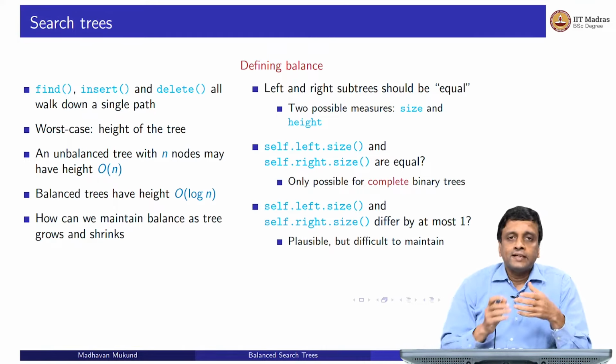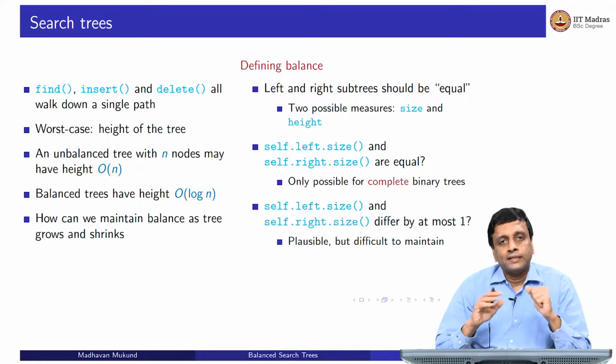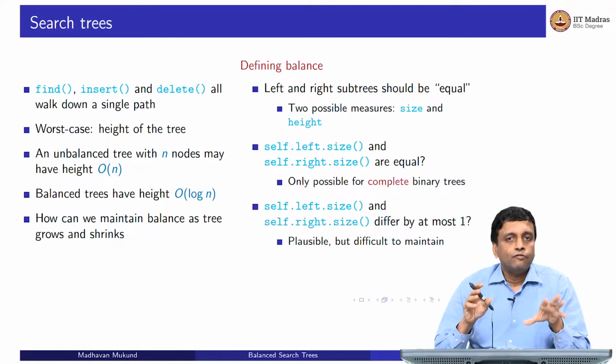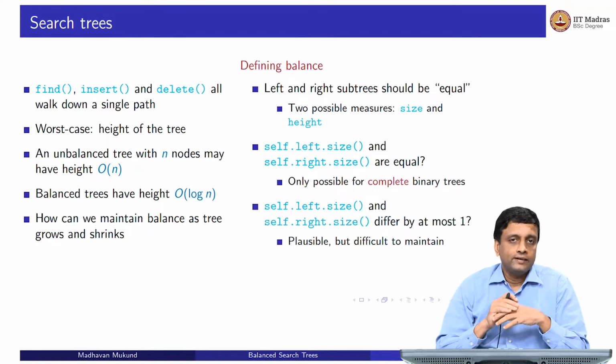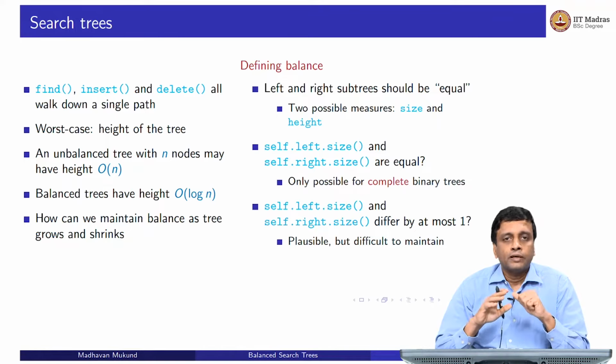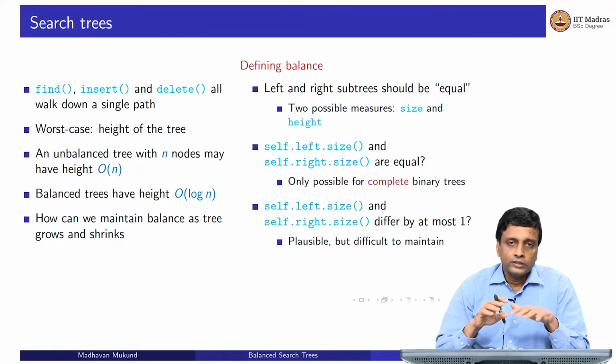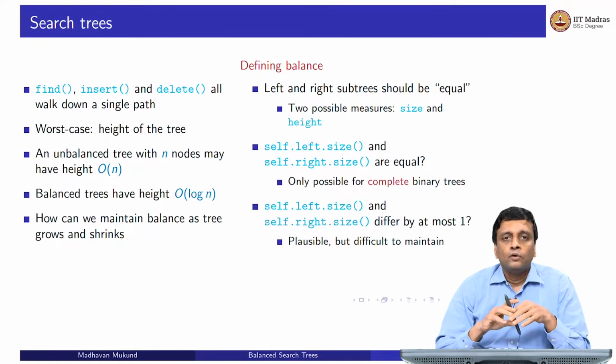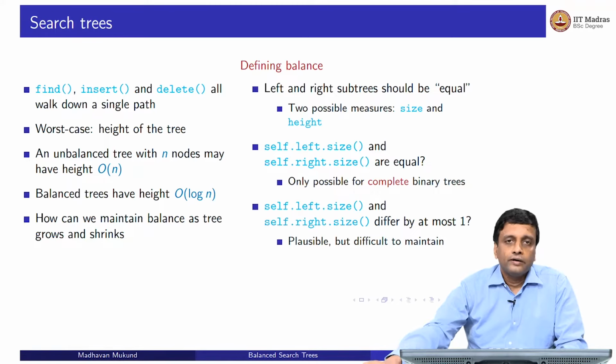So we could relax it a little bit by saying, okay, we don't want it to be exactly equal, we just want it to be within 1, for example. We want roughly as many nodes on the left or the right, and this will give us some better way of doing it. But it turns out that maintaining size on the left and the right is very difficult to do in an incremental fashion. So although this is something which could work, we will do something which is different from this